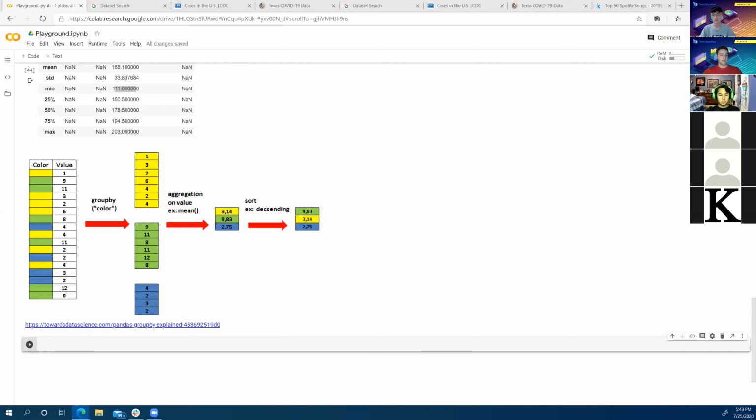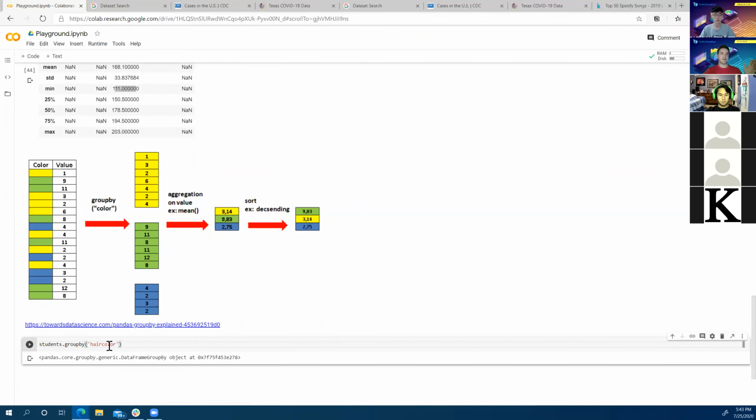So if I were to say students.groupby hair color, and if I were to just print out students.groupby hair color, it gives me this wacky object. It's like at some reference in memory. This is just craziness, right? So this is the second step, and we can't really do anything with a group by object until we perform an aggregation type of function.